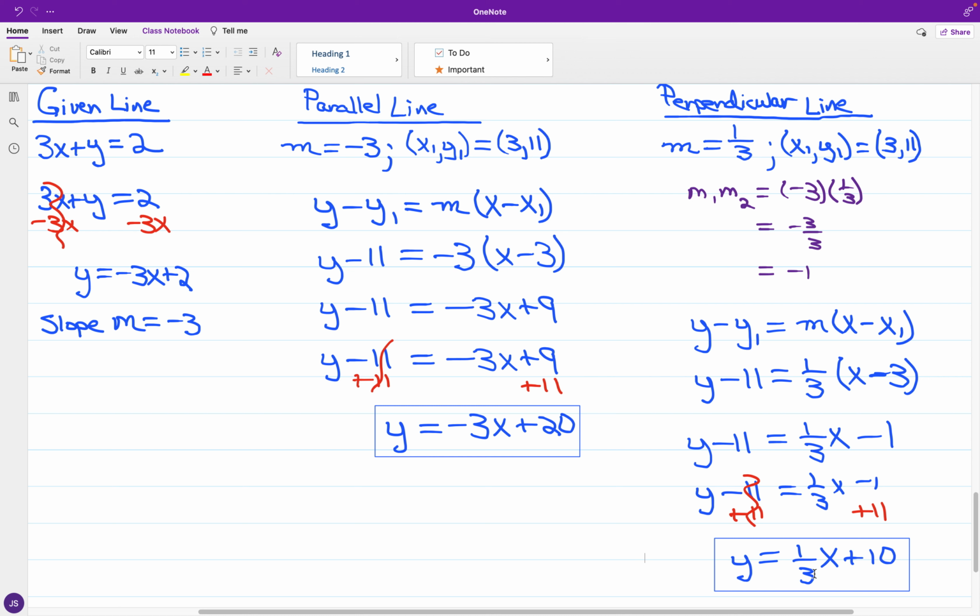So for the right-hand side value, we got 1/3 of 3, which is 1, and 1 plus 10 comes out to 11. So we do have consistency. Okay, so y equals 1/3 of x plus 10 is the slope-intercept equation for the described perpendicular line. All right, and just a